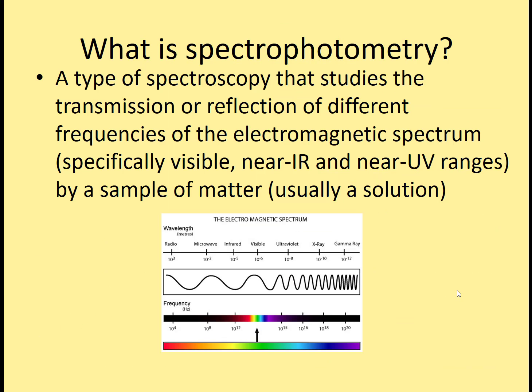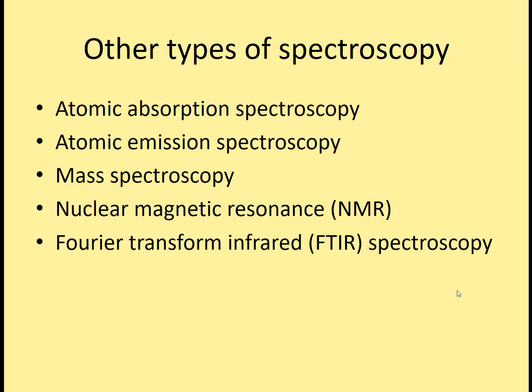There are lots of different types of spectrophotometry. The type of spectrophotometry that studies the transmission or reflection of different frequencies of the electromagnetic spectrum is what we're looking at. There's different types. There's infrared and there's UV ranges that can be looked at. And usually they're looking at a solution. For us, we're just using the visible light region. Other types of spectroscopy include atomic absorption spectroscopy, atomic emission spectroscopy, and mass spectroscopy, and we've studied some of these in the past. Nuclear magnetic resonance is more